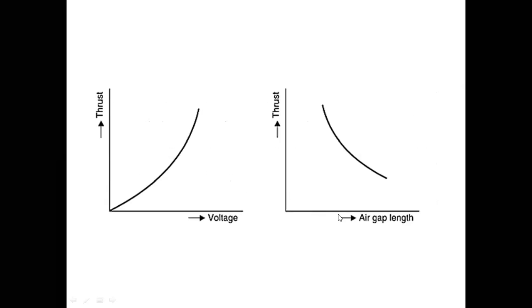Whenever the air gap value is increased, the thrust force decreases. And whenever the voltage value decreases, the thrust force has a low value. Whenever the voltage is increased, the thrust value increases, but there is also some limit. At one point there is a limit, and voltage cannot be increased further. Even if the voltage value increases, there is no possibility of increasing thrust, and there is burning of the winding on the primary side with respect to the supply given to the distributed